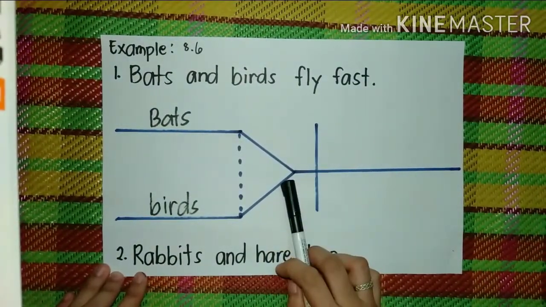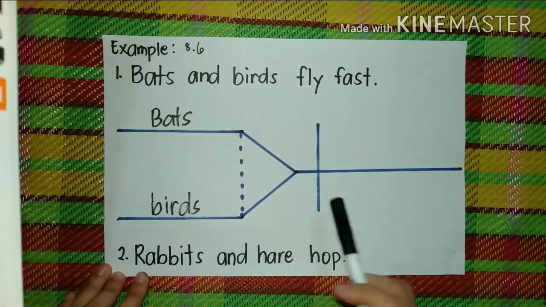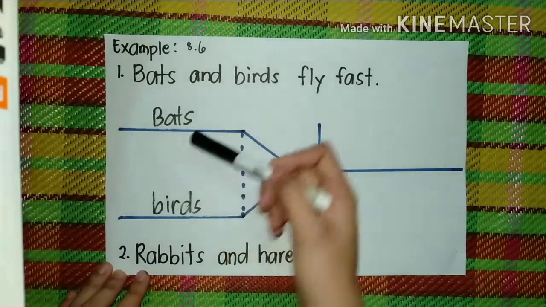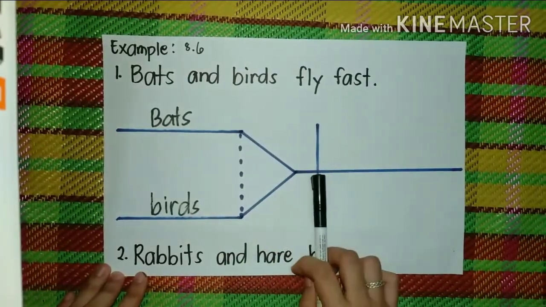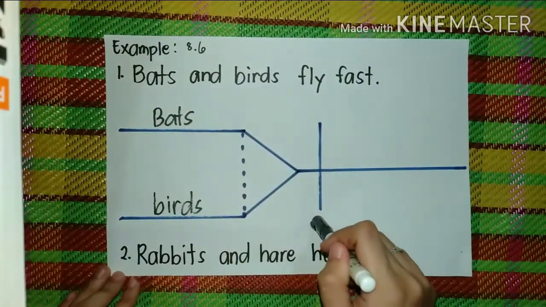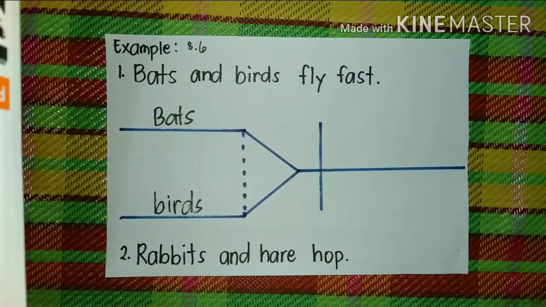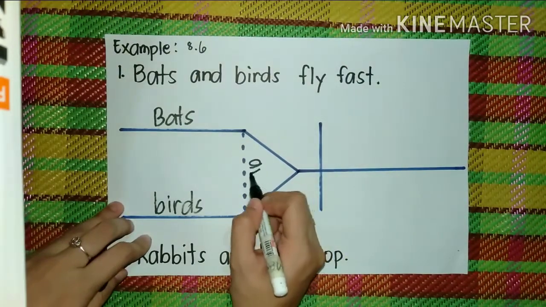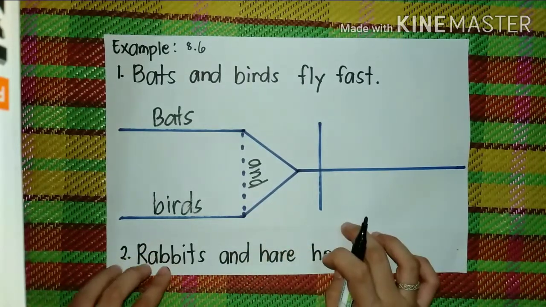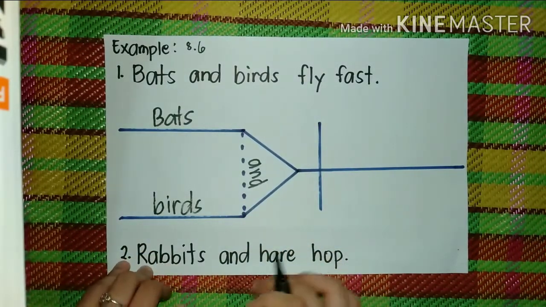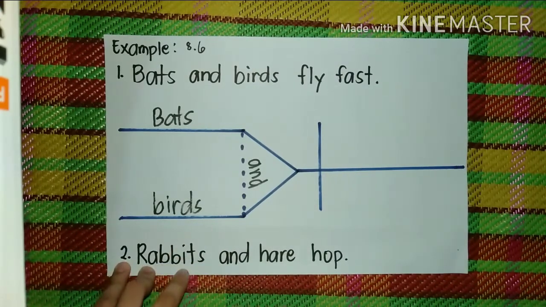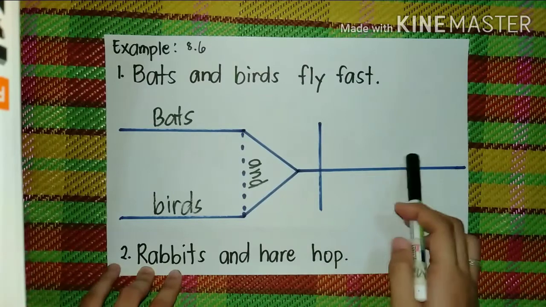Let's identify now what is the conjunction in this sentence. So which word connects the two subjects in the sentence? That is the word and. That's why it is considered as the conjunction in the sentence. So you just have to write and in this part. And the last one, since we are asked to identify the predicate of the sentence, we have to write it